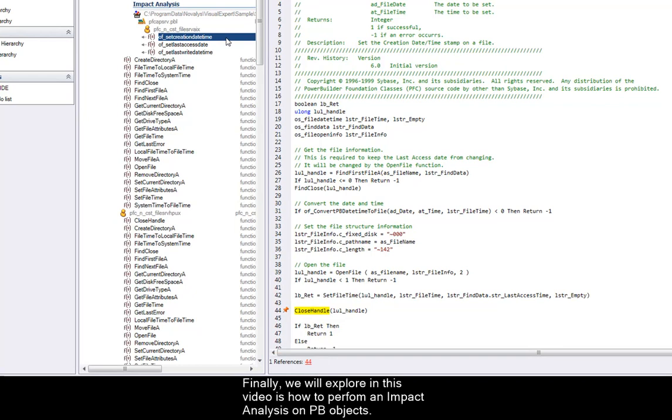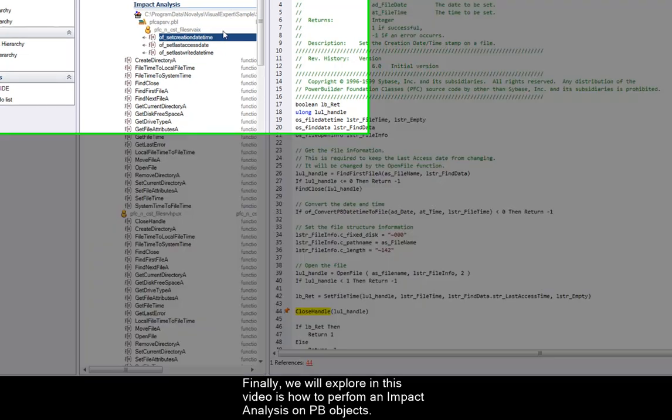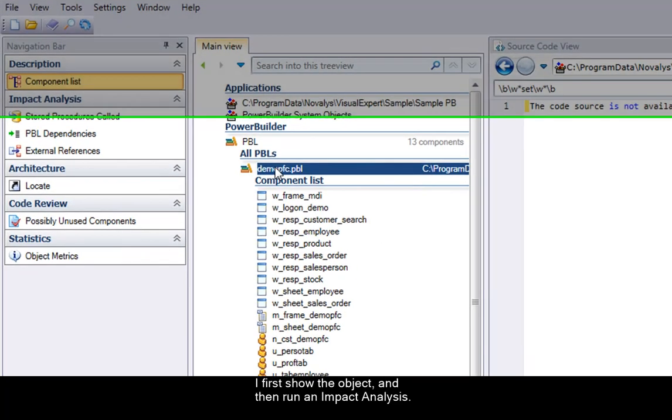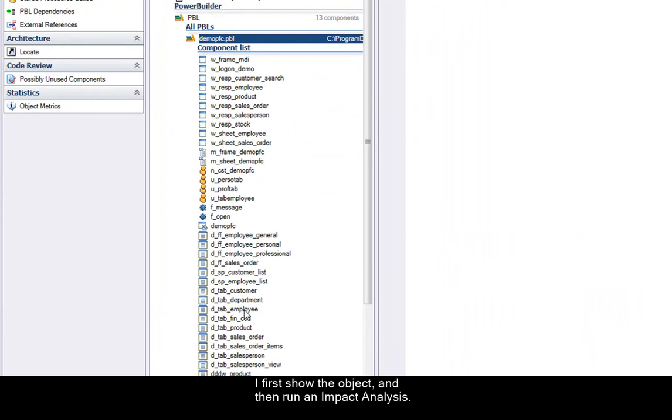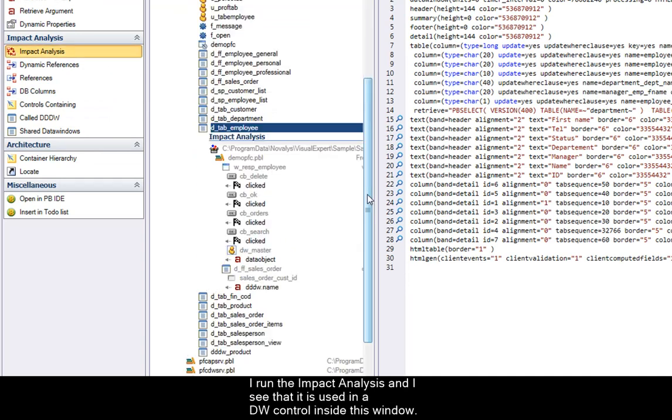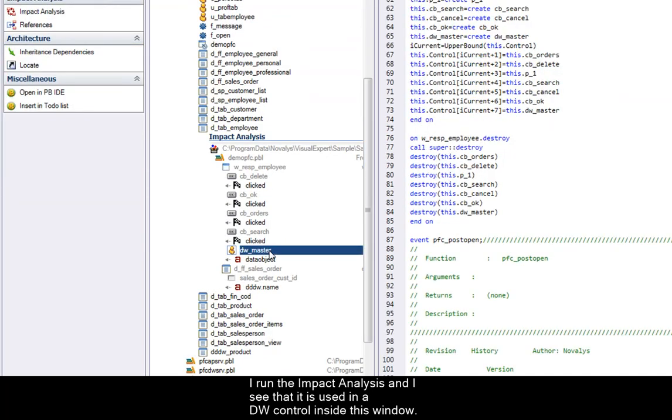The last thing we will explore in this video is how to perform an impact analysis on PowerBuilder objects. This follows the same principle as before. I first show the object and then run an impact analysis. As a first example, we will use this data window. I run the impact analysis and I can see that it is used in a data window control inside this